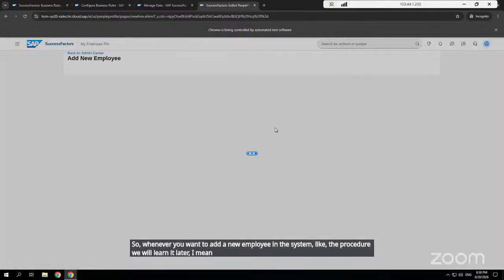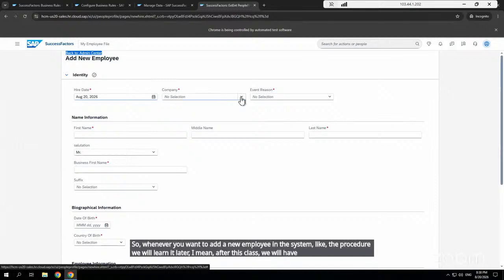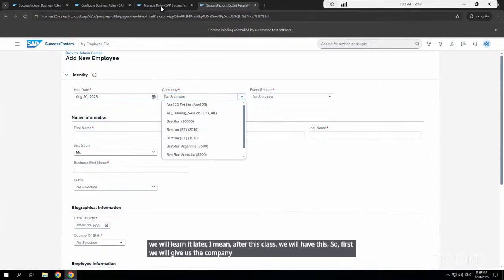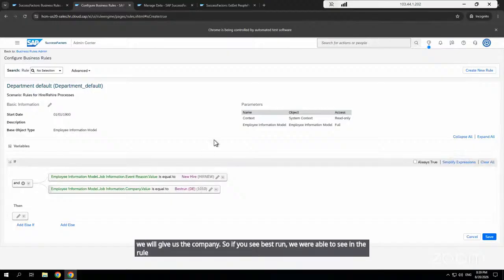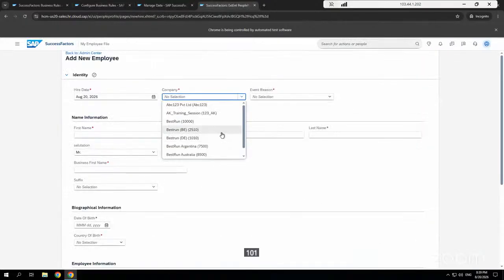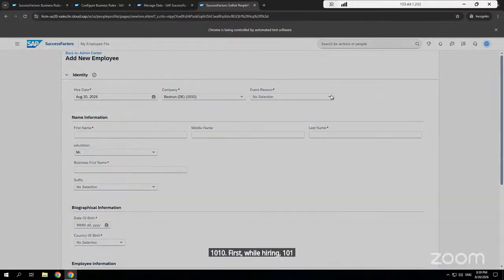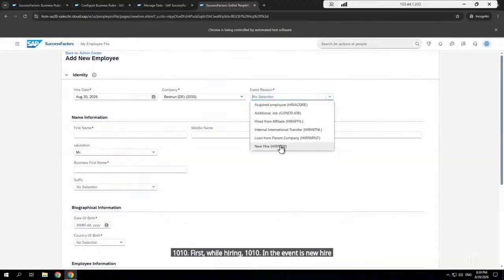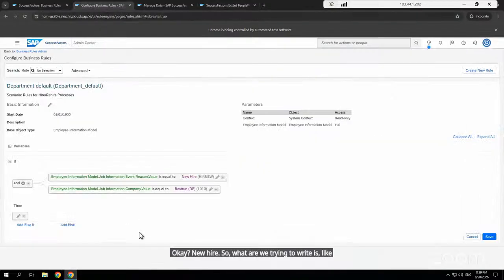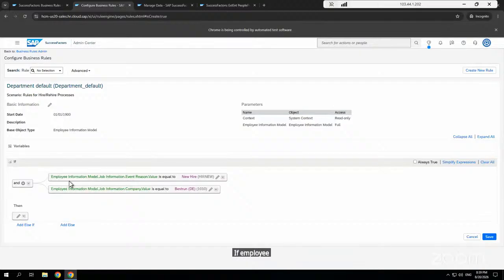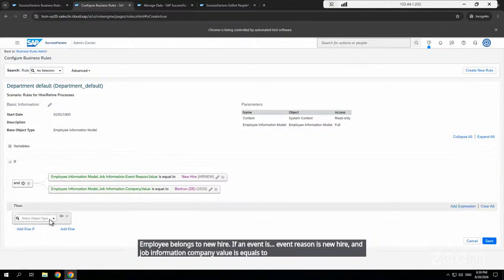I mean, after this class, we will have this. So first we will give the company. If you see Best Run, we were able to see it in the rule. If you see 1010, first while hiring 1010, the event is new hire. Okay, new hire. So what we are trying to write is: if the event reason is new hire and the job information company value is equal to Best Run, then set